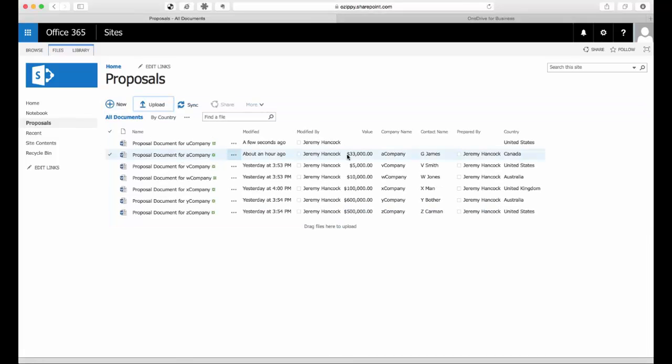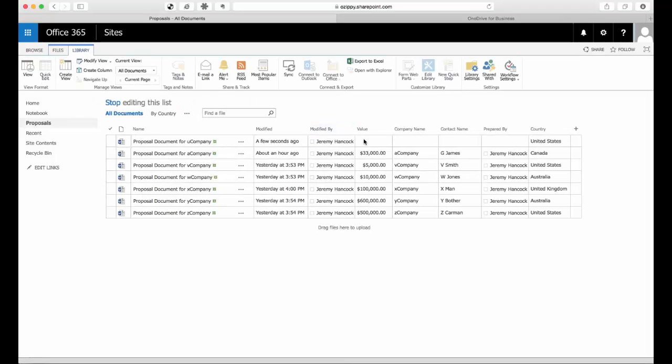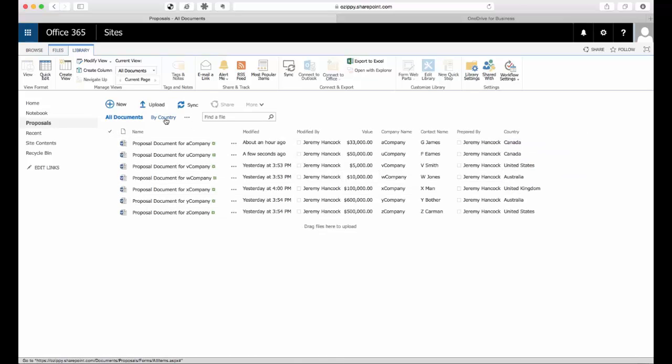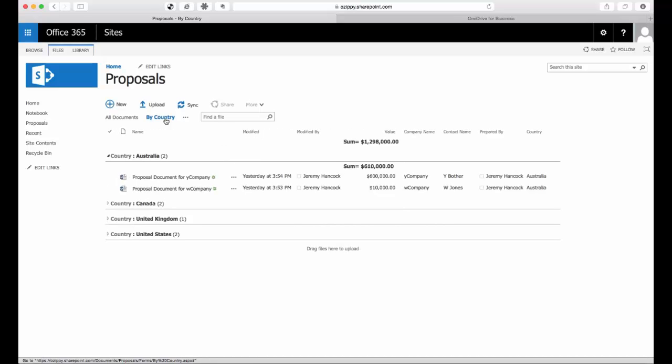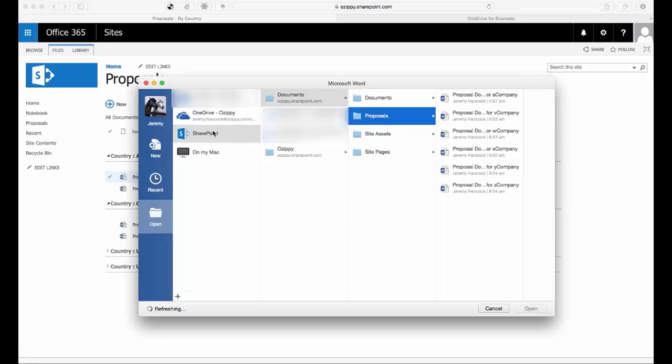This time when I edit the metadata, I'll try it using a different view. You can do this in Windows as well, but I can just click on Quick Edit and edit it as if it was a spreadsheet. I can still look up the username and still choose from the drop-down list. Now if I switch to my by country view, we'll see a new document appearing sorted and categorized under the country. If I open Microsoft Word on the Mac and choose Open and SharePoint,